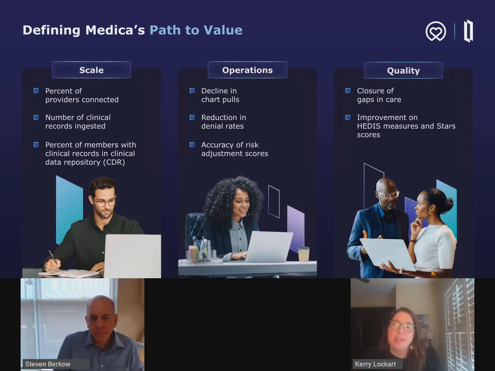And so as just a note and a piece of advice to our teams that are going to take on building out visions like this, a lot of this stuff like chart pulls and denial rates and chasing some of that are grounded in manual processes that are often not measured now. So one of the really helpful things we often talk about is getting a good understanding of your current state so that you have that ability to go back and compare and contrast.